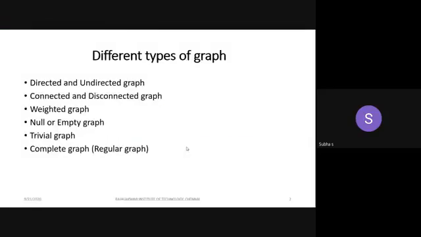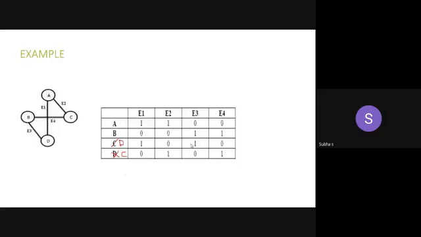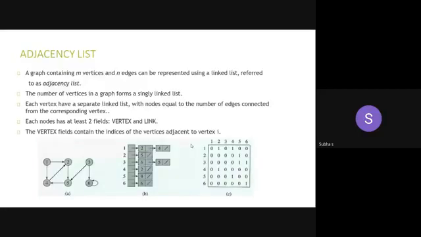Have a look at it. Then we move on to the breadth first search. So this is your adjacency matrix. For any vertex, you have to find the adjacent nodes, and if an edge is there to that corresponding adjacent node, put it as 1, otherwise 0. So that is the adjacency matrix. Then we saw adjacency list. It's similar to the linked list representation. We are just representing the adjacent nodes in the form of a linked list. Hope you remember this one.